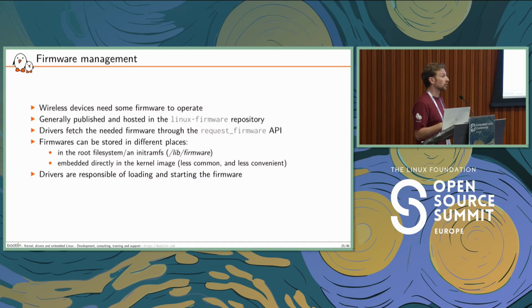You generally expect those firmwares to be present in /lib/firmware, and your driver will request, when relevant, this firmware with the request_firmware API. So it is up to your driver to find this firmware, request it, and load it into your device at the relevant point of time during your device lifetime. I will get back to it later, but you are not supposed to load this firmware right at probe time, but maybe in the start operation in your driver.